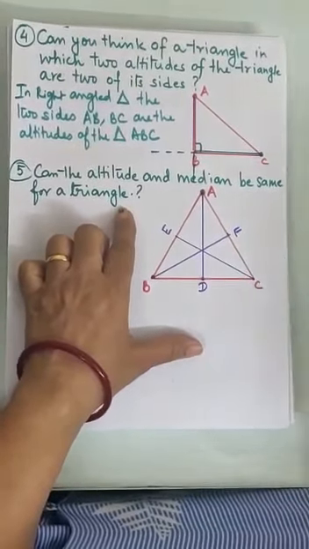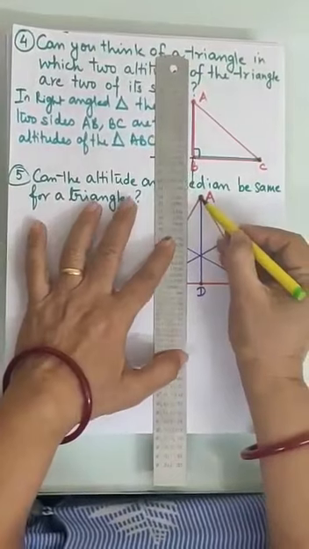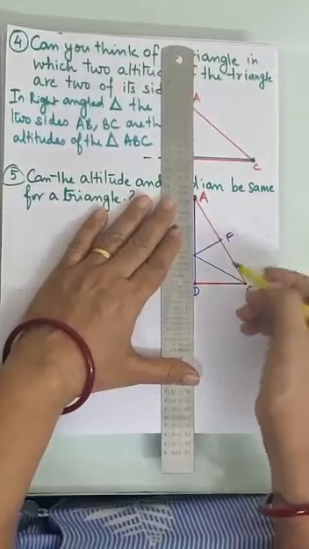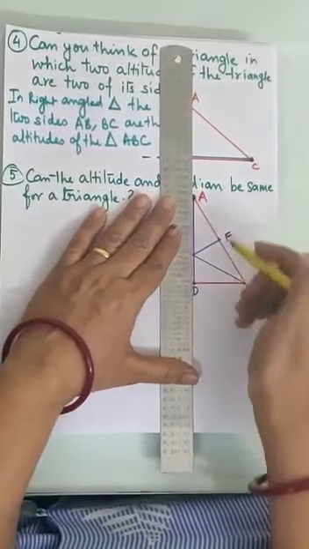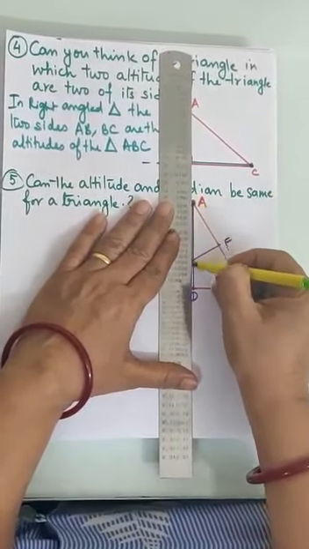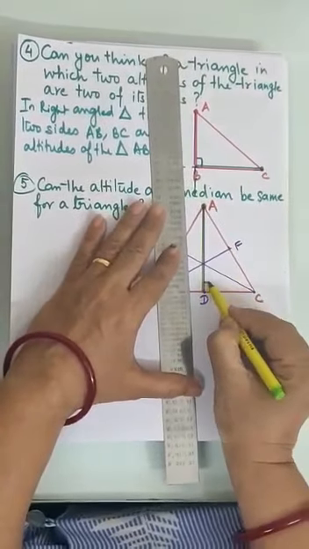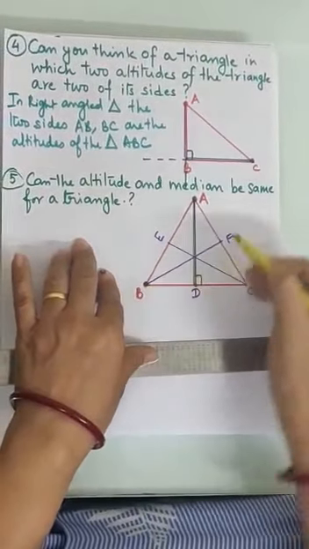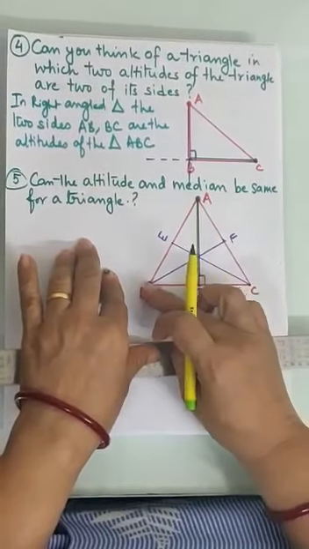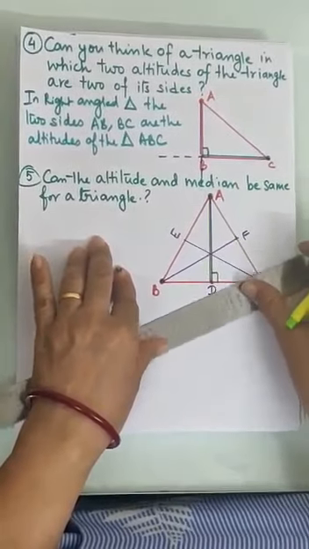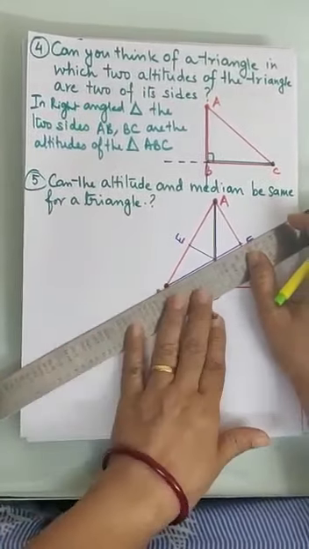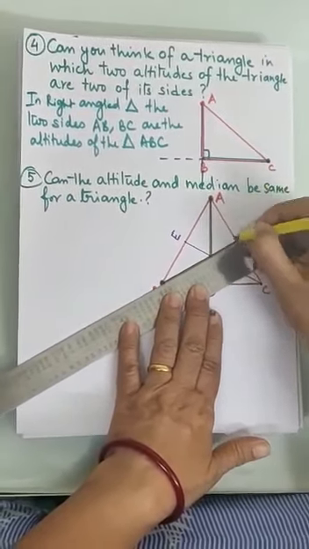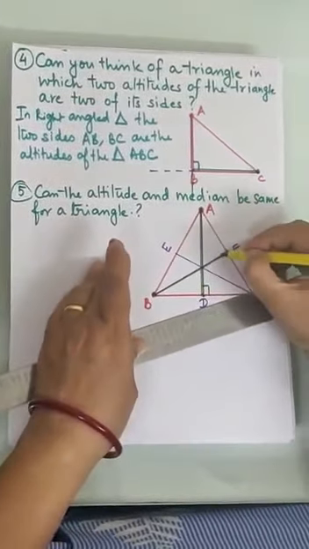सो अब हम क्या करेंगे? Will draw perpendicular from A to BC. परपेंडिकुलर बनाओ. ये देखो 90 डिग्री हो रहा है. बना दिया परपेंडिकुलर 90 डिग्री. अब now we take the vertex B. Opposite side is AC. From B we have to make perpendicular on AC. Let us make perpendicular on AC. ये देखो, ये 90 डिग्री बन रहा है.